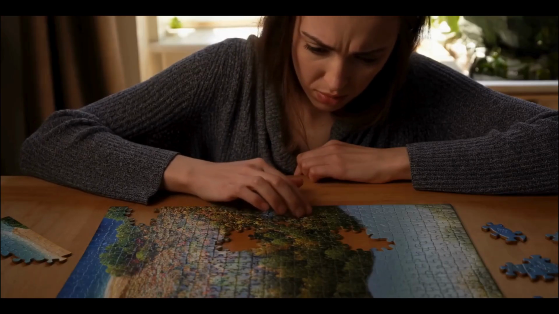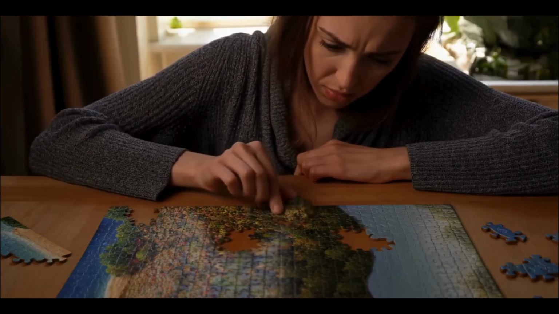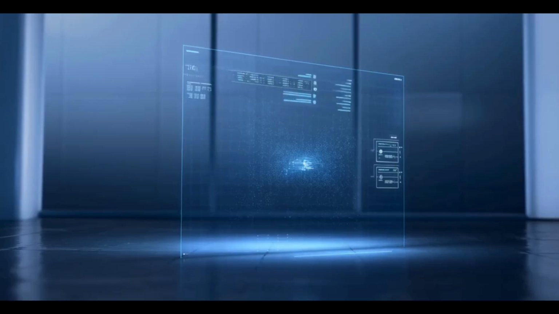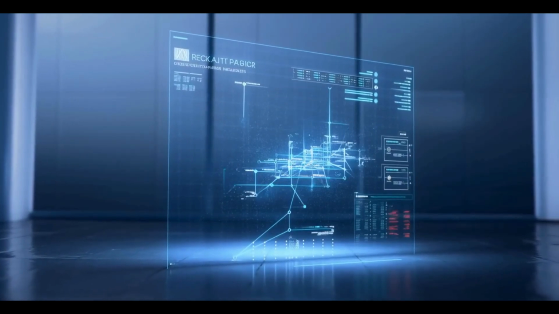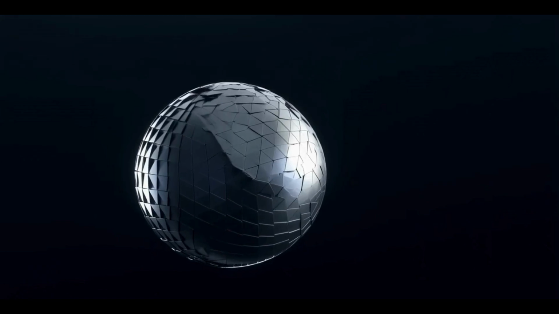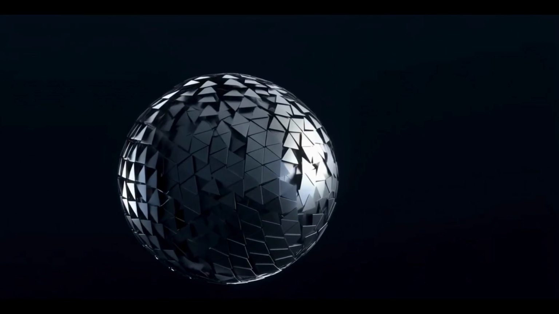Almost never, I'd say. And how often do things go exactly as planned? Yeah, that's the $1 million question. Things always seem to go sideways. Exactly. So imagine, just for a second, a system that could create a reliable plan, one that actually anticipates and adapts to all that uncertainty. Well, that's precisely what we're digging into today.